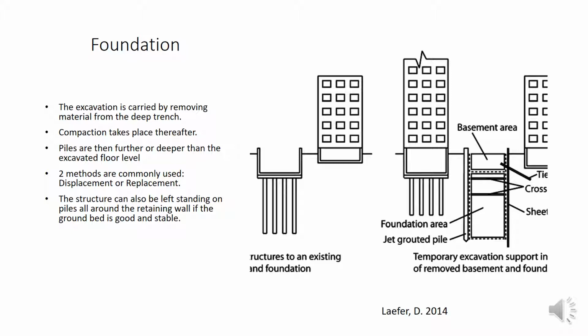And then there are two methods that were used. The final document for the foundation was not obtained, and therefore there are two methods here. The first one is to put some piling underneath the concrete bed to solidify the concrete bed, or the next one is to let the building rest on the concrete bed and put some piles all around the